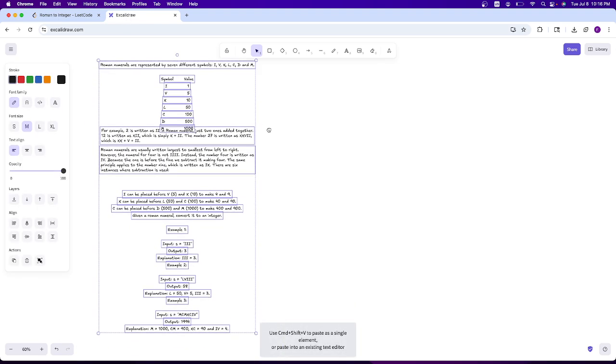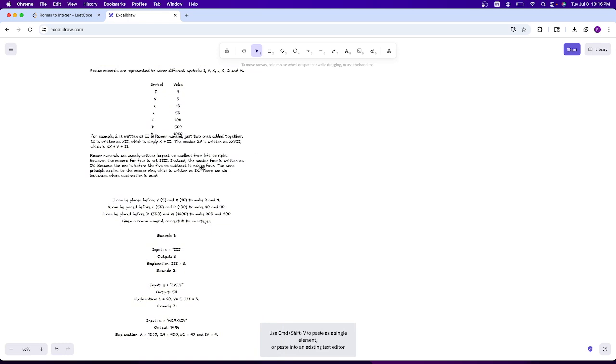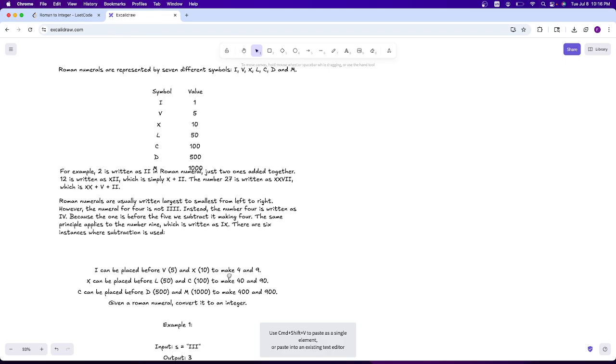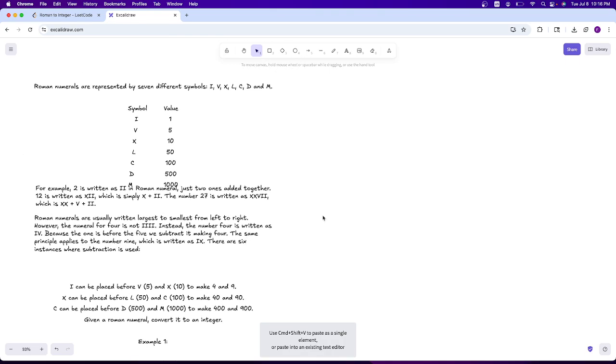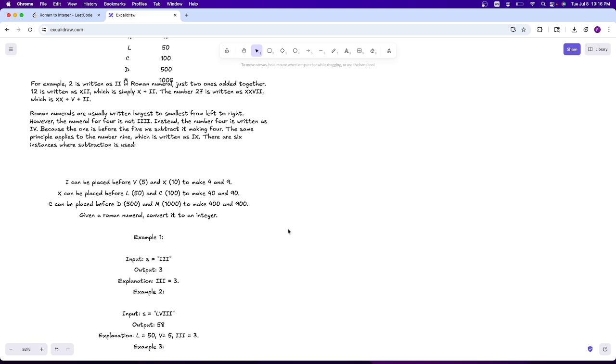Okay, and we don't need this whole thing. So let's think about how we're going to approach this. So it states here that Roman numerals are usually in decreasing order, right? So the only time it's not in decreasing order is when we have a subtraction. So let's just take